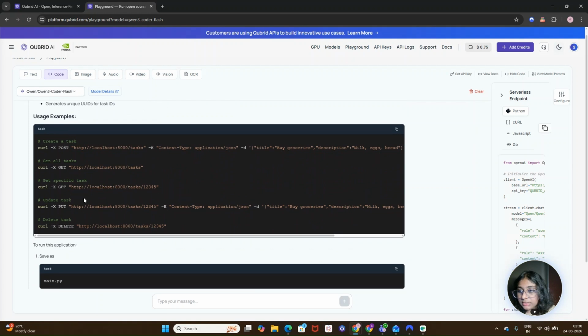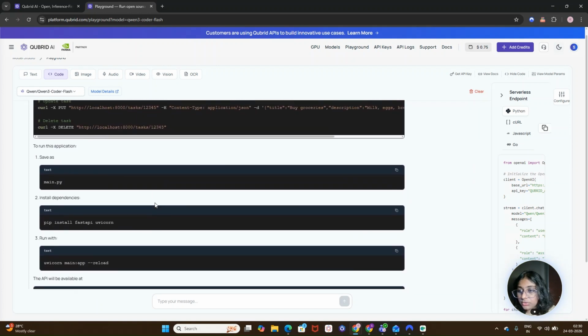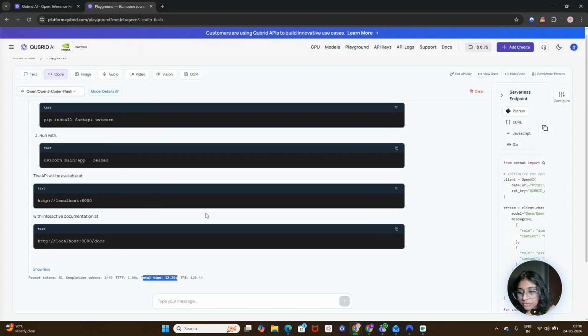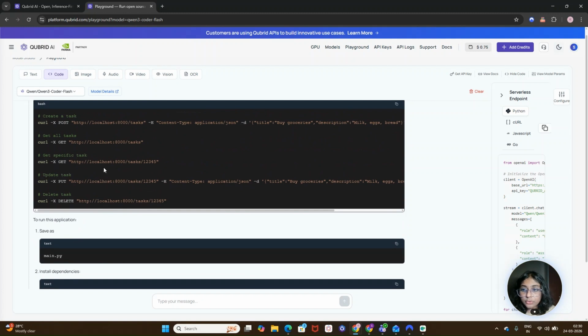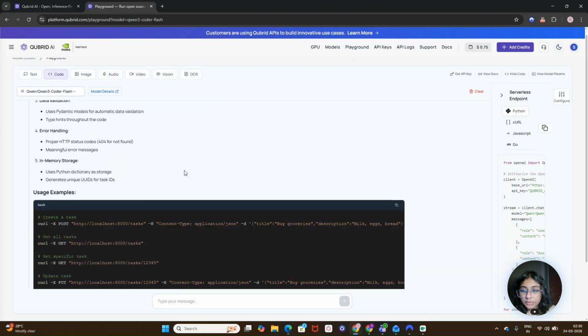These are the usage examples which it has provided, and it has also given us how to run this application. As you can see, the output has a clean FastAPI structure, CRUD operation endpoints, and readable code. It has also given helpful comments as well, which is quite helpful when you're running this kind of code.